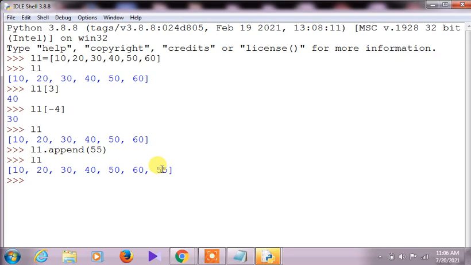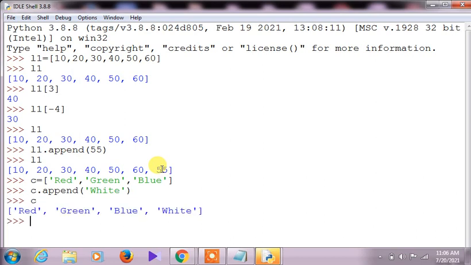It is also possible if you are taking a list which contains strings. Say I am taking a list of red, green, and blue. I am closing this one, and then I will do c dot append, and within brackets I will give white.